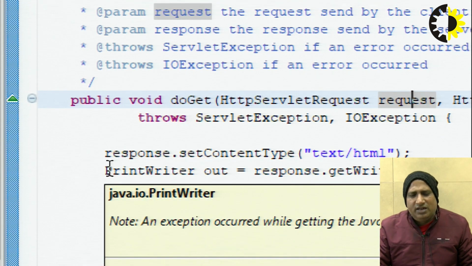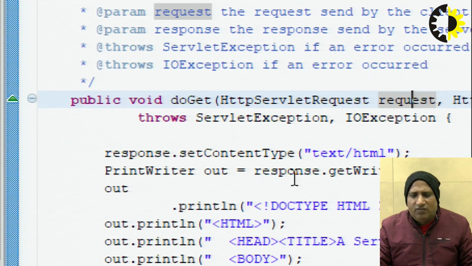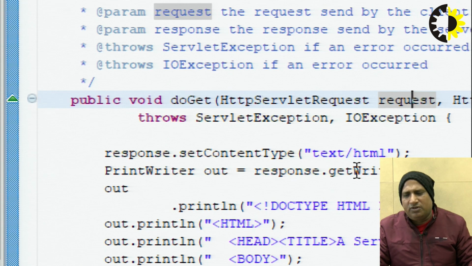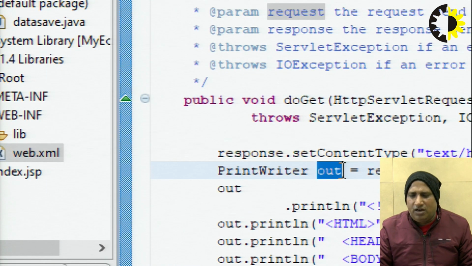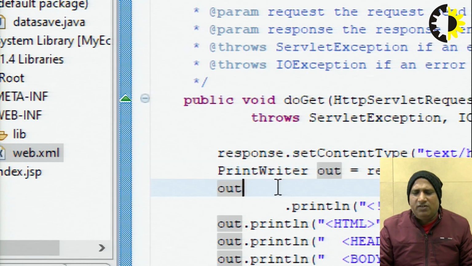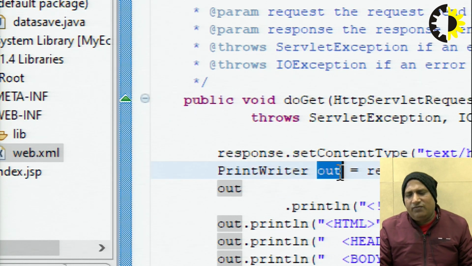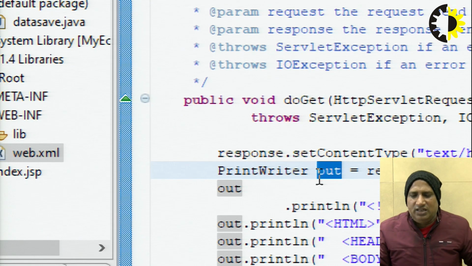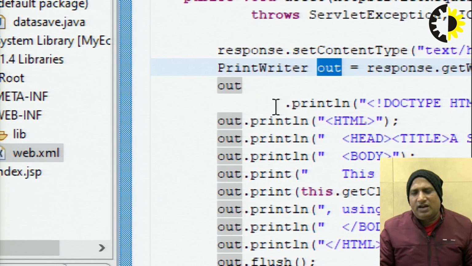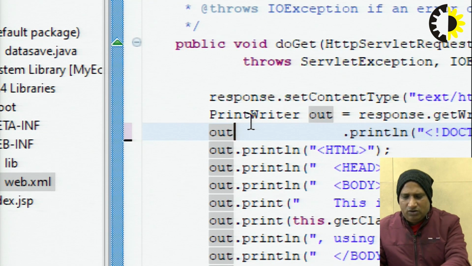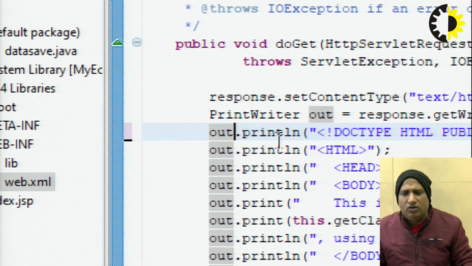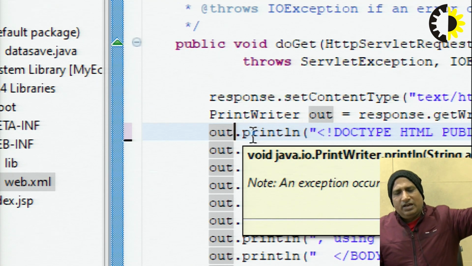Now I have created an output stream from this servlet to the client machine, by wrapping response.getWriter into the PrintWriter object named out. So this out is a handle to the client machine. Whenever we write out.println, this out will connect to the